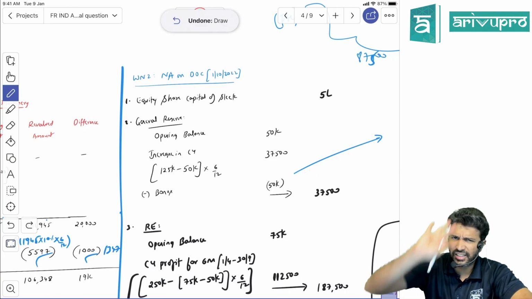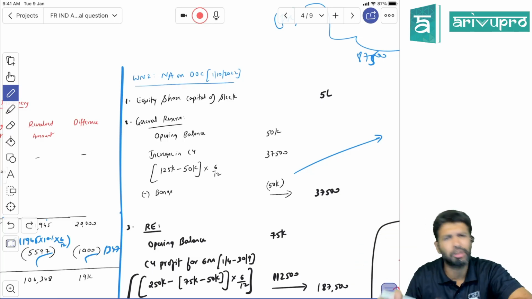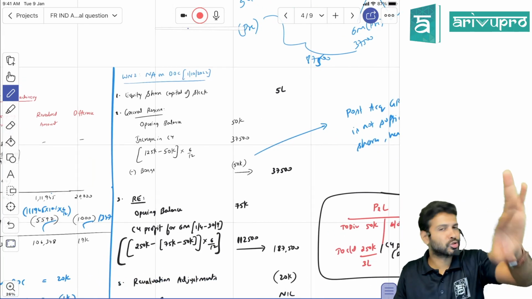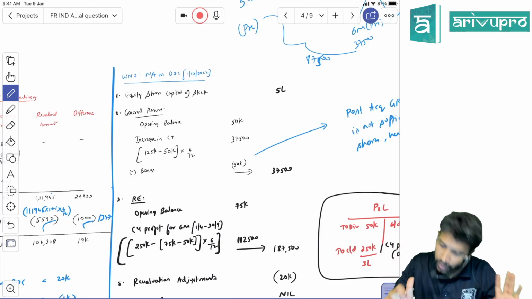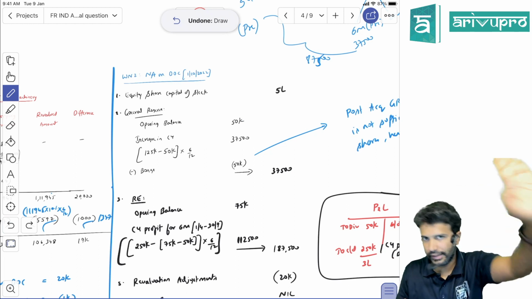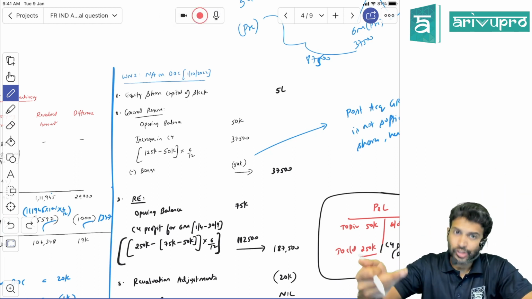Make the same assumption and do it the same way in the examination, because we don't want to put ourselves in a tricky position when it comes to marks. Okay, let's do the same thing. According to me, many other assumptions are also acceptable in this view, but don't do that in the examination. Okay. So now we are doing net assets.